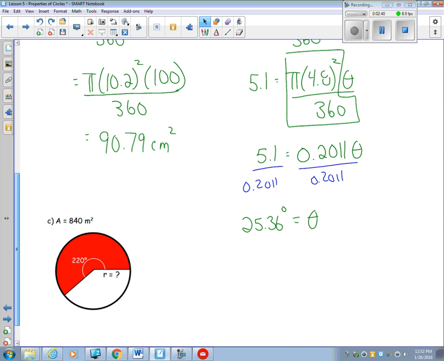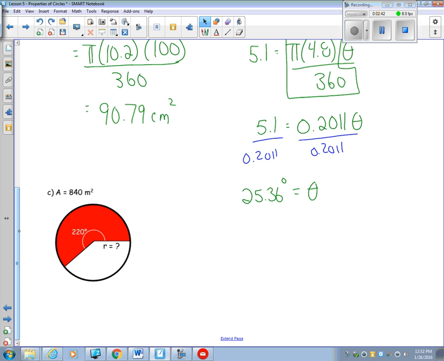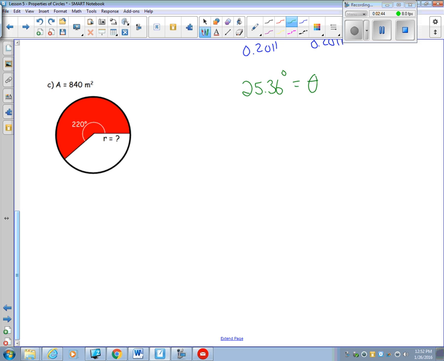Okay. If you want to try C, again, pause if you need to, give it a try, see if you can figure it out, and if not, keep watching. And see here, same formula. The formula is not going to change. So pi r squared theta out of 360. And what do we know? We know the area. Area is 840. Fill that in. Pi is pi. R, oh, don't know r this time. I don't know r squared especially, but I do know the central angle. The central angle is 220